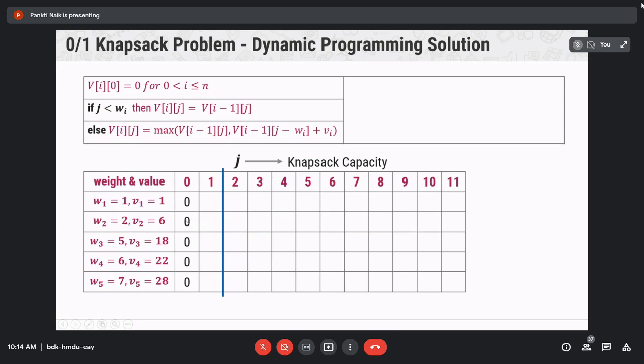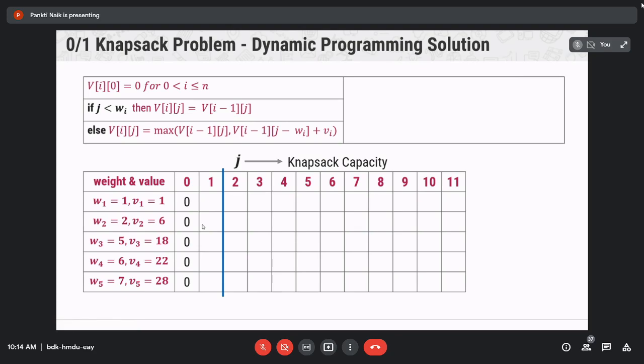Is J less than Wi or greater than or equal to Wi? Less than. So we have to follow step 2. V21 is equal to V2 minus 1, 1, which means V11. The value of V11 in the previous step was 1, so V21 is also 1.